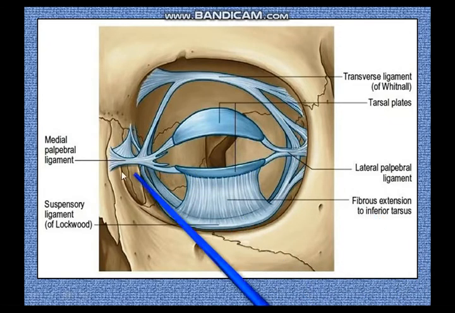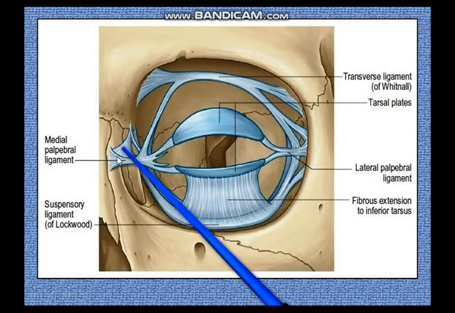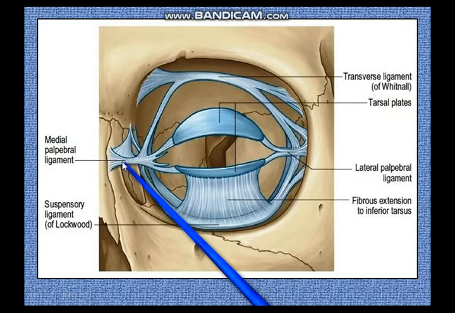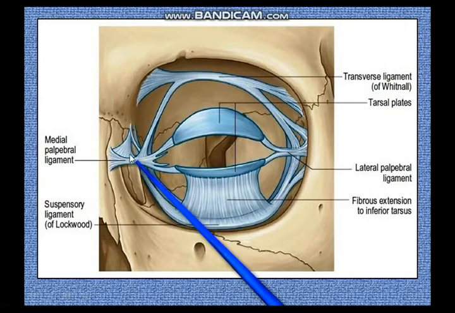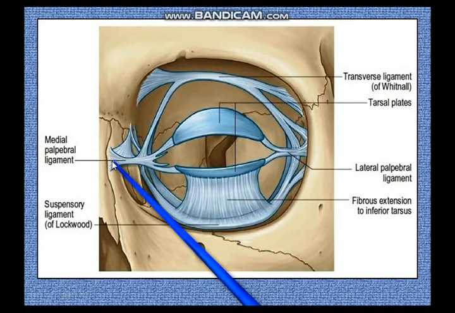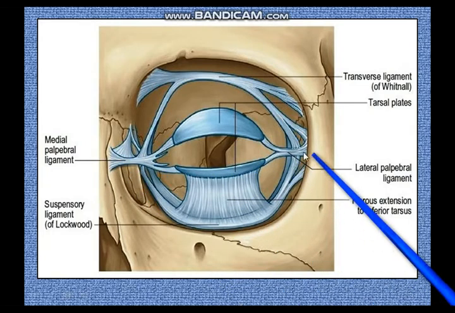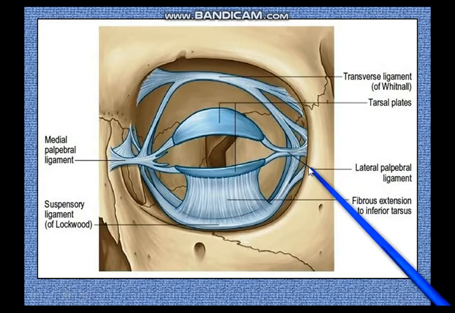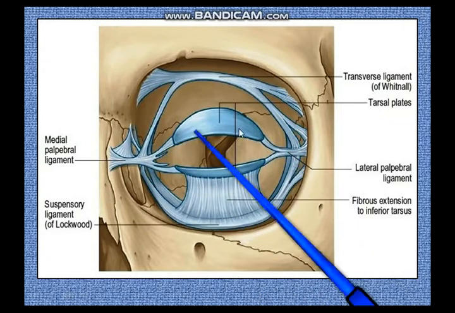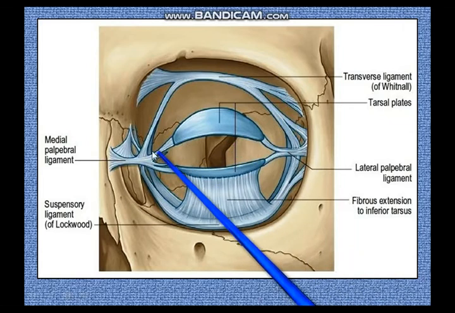At the inner canthus, they are anchored to the anterior lacrimal crest. The anterior lacrimal crest is part of the frontal process of the maxilla. The posterior lacrimal crest is part of the lacrimal bone itself. So this medial palpebral ligament is attached to the anterior lacrimal crest and to the frontal process of the maxilla, and the lateral palpebral ligament is attached to Whitnall's tubercle and slightly behind the lateral raphe of the orbicularis oculi. And so these two tarsal plates are anchored to the medial and lateral canthal ligaments, the medial and lateral palpebral ligaments.